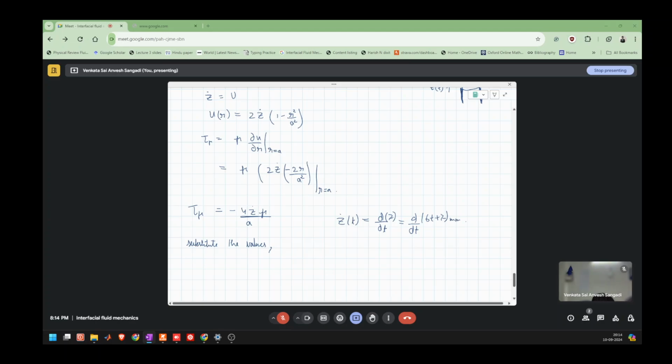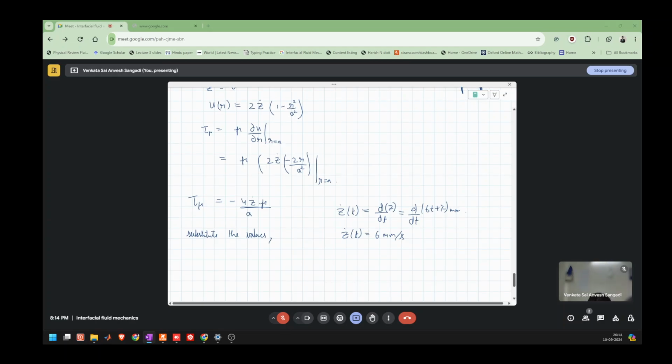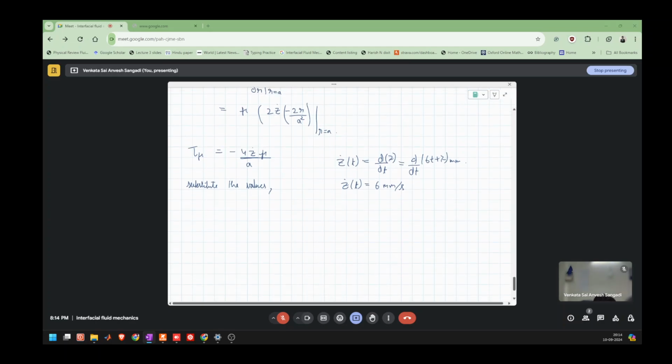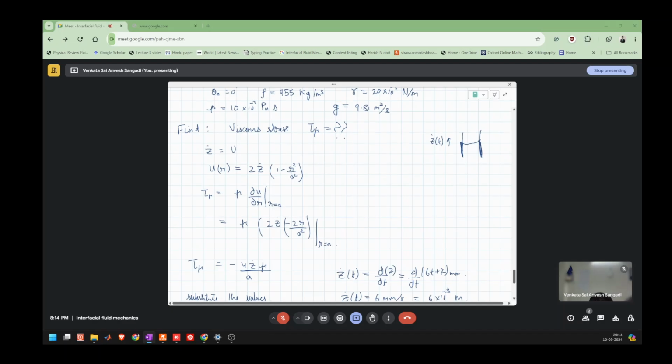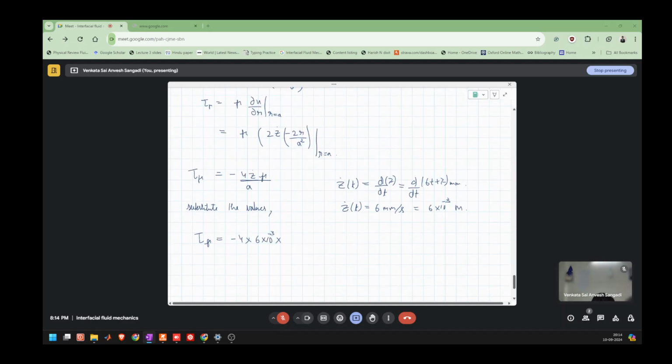Remember the units are in mm, so Z dot of T is equal to 6 mm per second, which is 6 into 10 power minus 3 meter per second. So tau mu is minus 4 into 6 into 10 power minus 3 into mu,